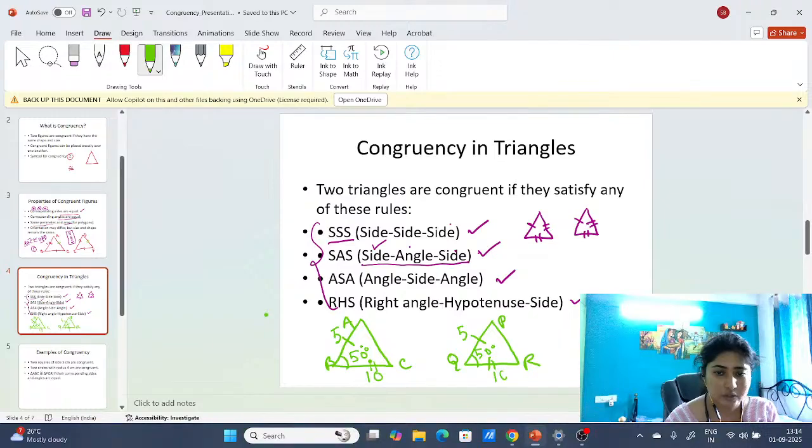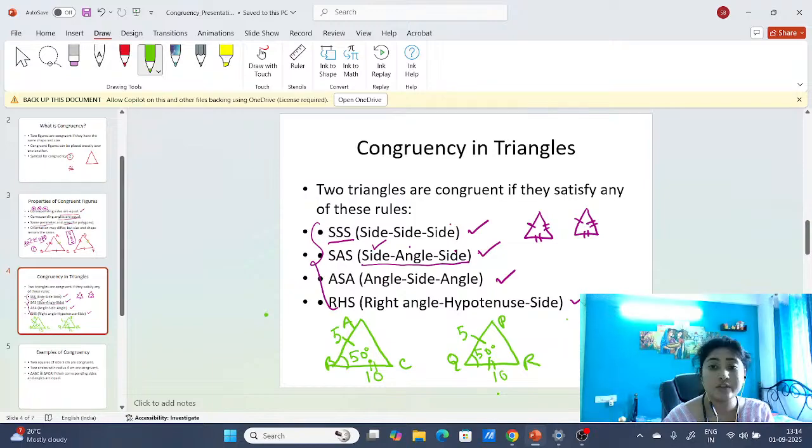So if AB is equal to PQ, BC is equal to QR and angle B is equal to angle Q, then these two triangles are satisfying SAS criteria, or side angle side criteria, and hence they will be called congruent triangles. So I can write here,